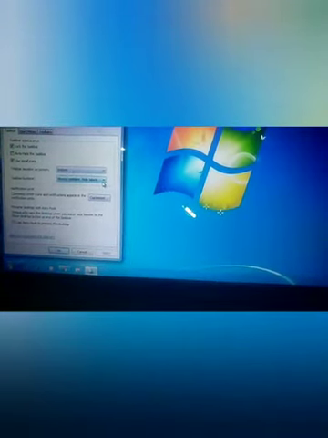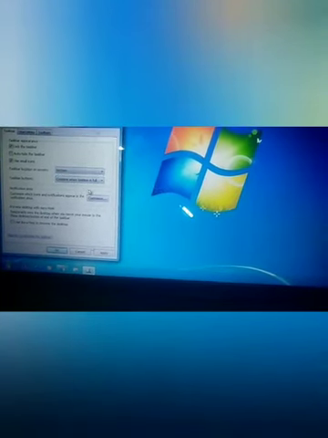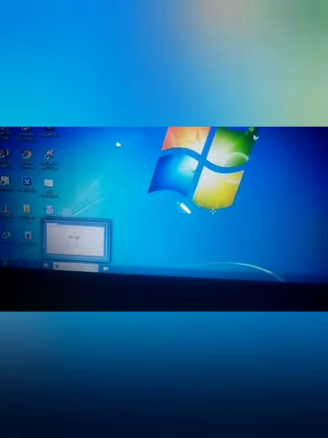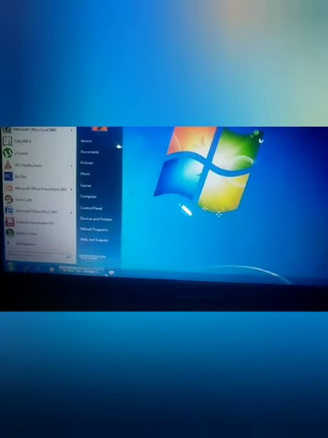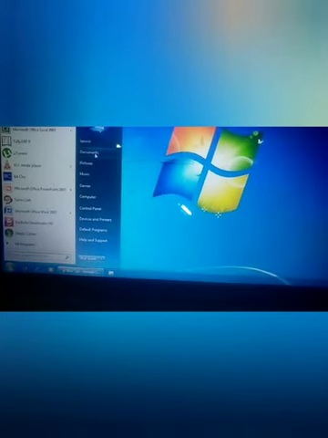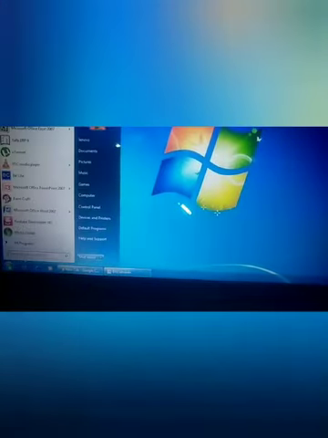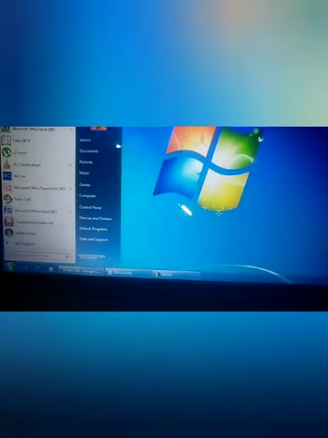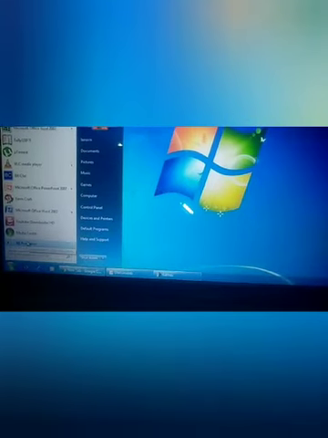Then the last option, that is combine when taskbar is full. Press OK and see that when you open many programs, like we have opened Google Chrome, then this picture, then let me open document, then games, then some more programs we will open.